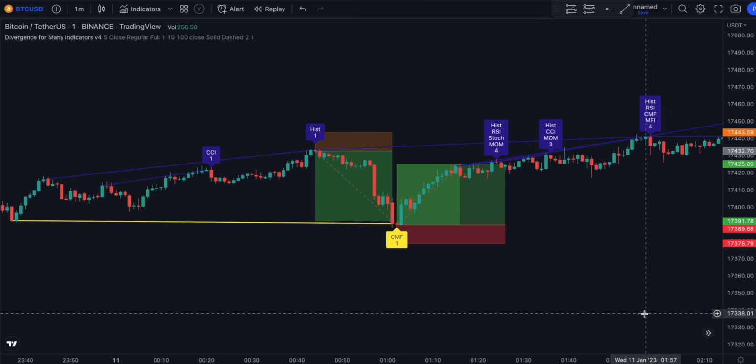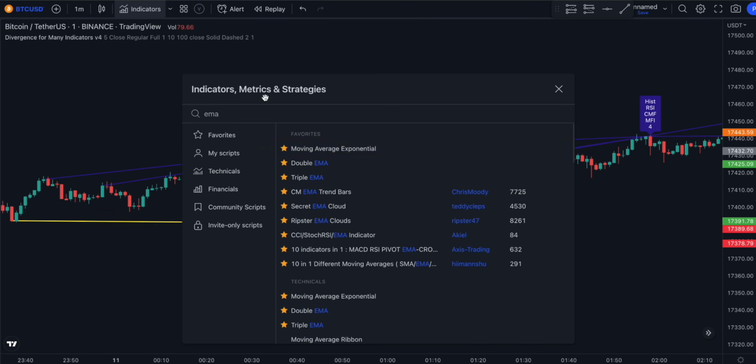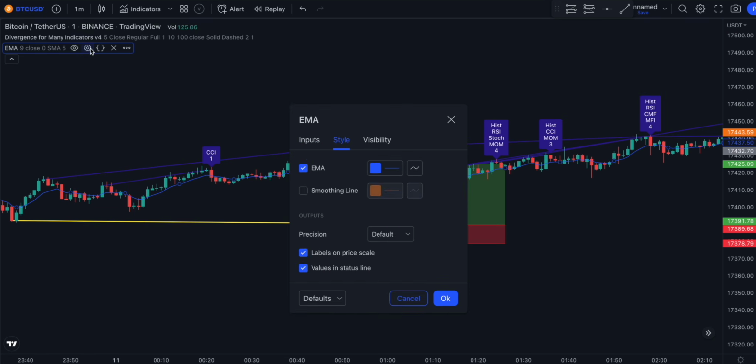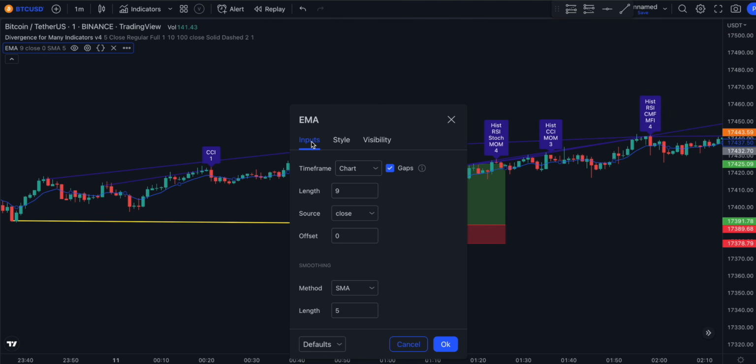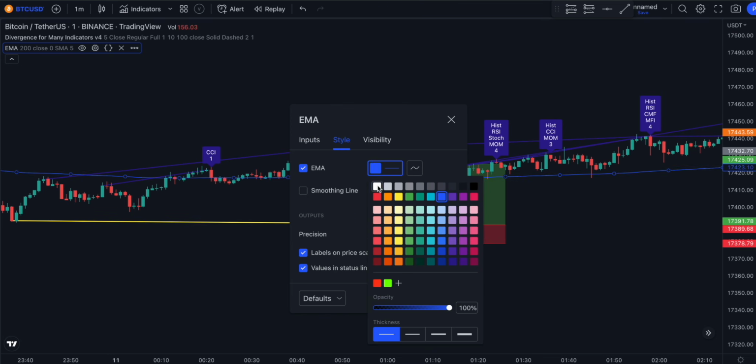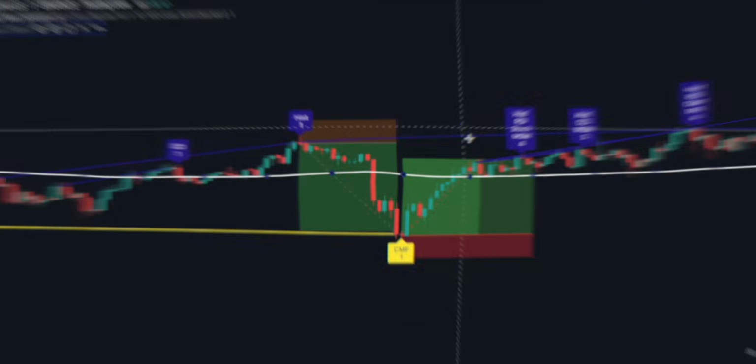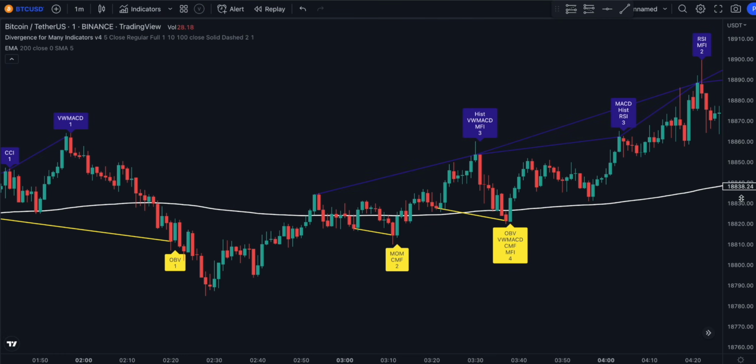So in order to dramatically increase the accuracy of these signals, let's add the exponential moving average to the chart. Change its length from 9 to 200. So having these two indicators on the chart, when do you think would be the best time to buy? In my opinion, the best time to buy would be when the market makes a pullback into the exponential moving